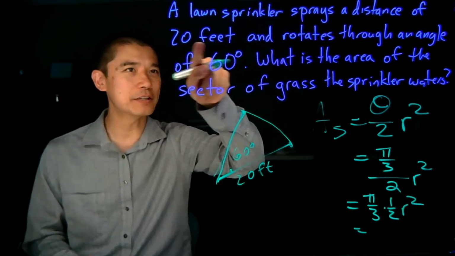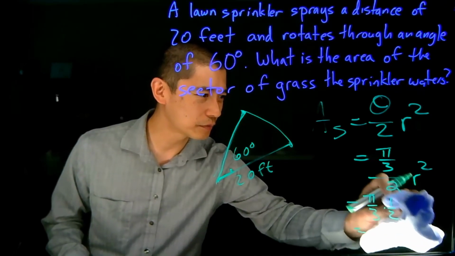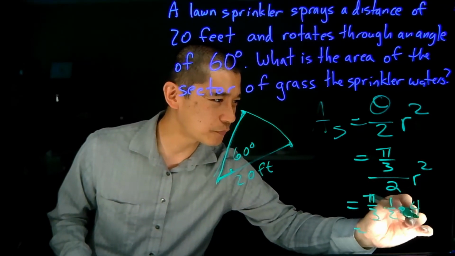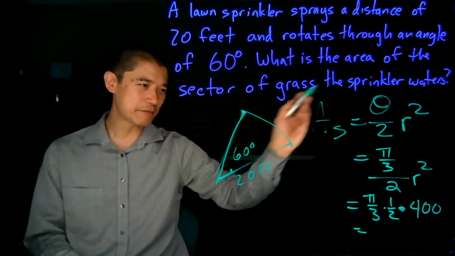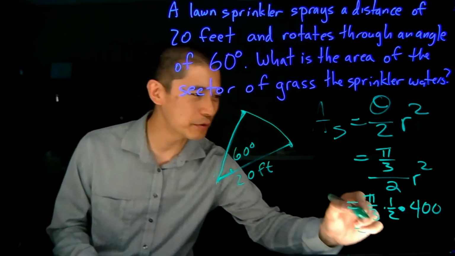The r value is this 20 feet right here, so let me put that in. 20 squared is 400. So now we have to multiply this out and see what we get. The 2 reduces with the 400 and gives you 200. We get 200 pi over 3,